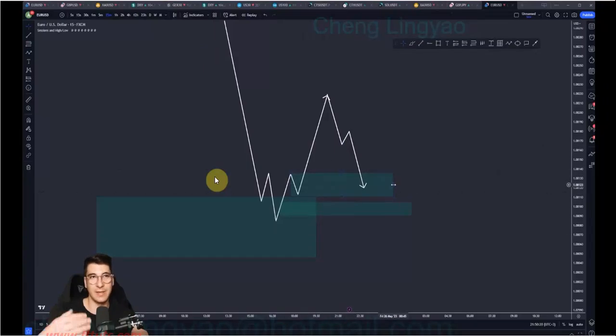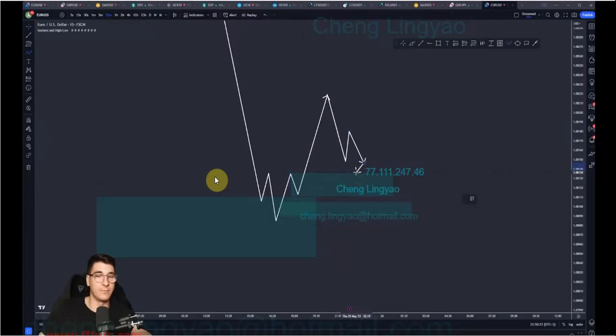So before any entry area, if we want to validate it and enter based on it, we need to have an inducement. We need to have liquidity being taken. That can look like this: equal lows being formed just above the POI. It needs to be a distance that price can basically give a reaction, create liquidity. So we have equal lows here,